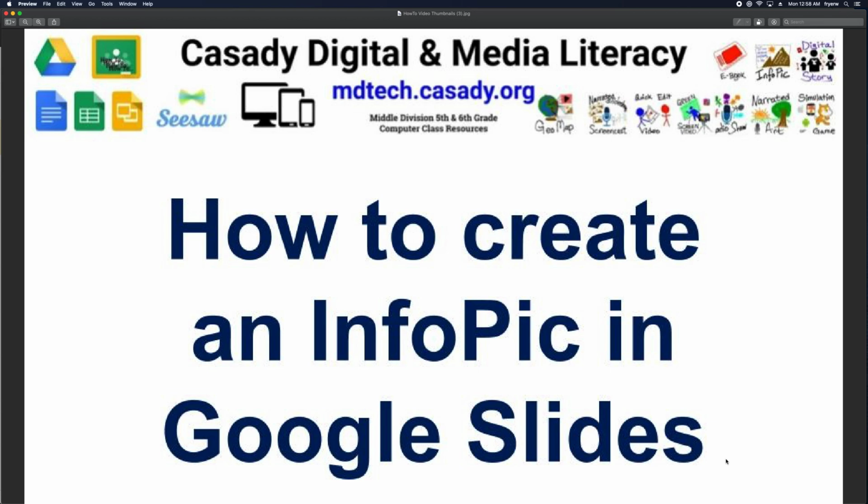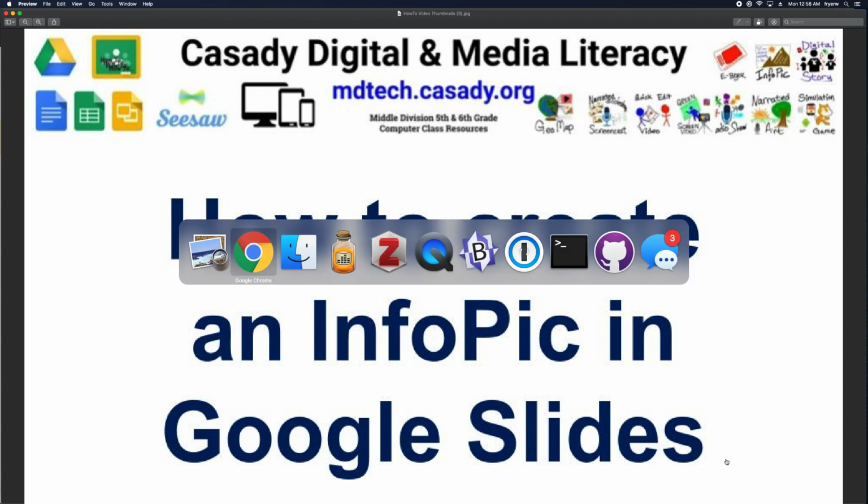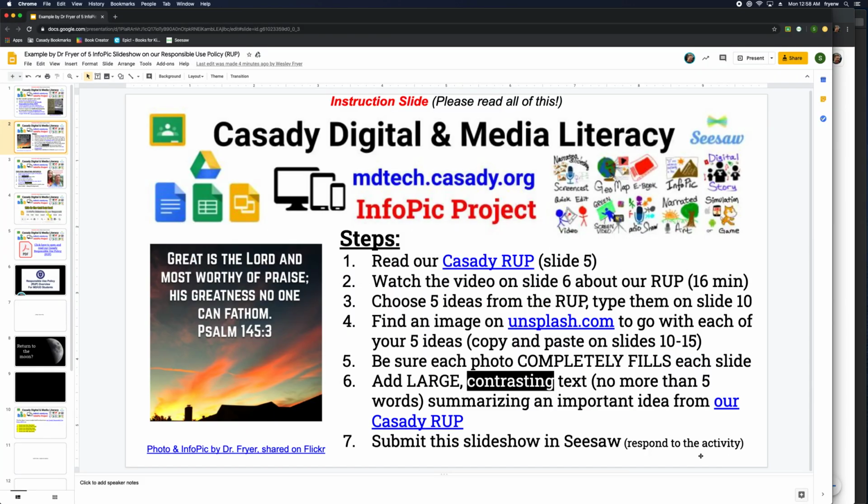Screencast, I'd like to teach you how to create an InfoPic in Google Slides. And this is for one of our middle division computer assignments that we're doing with remote learning. Here on slide 2 of our project, you can see the steps, and you'll want to read all 7 of